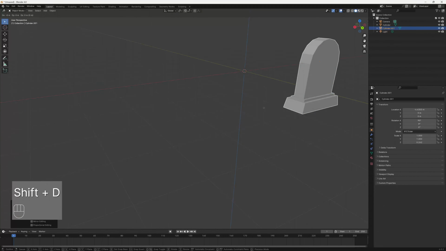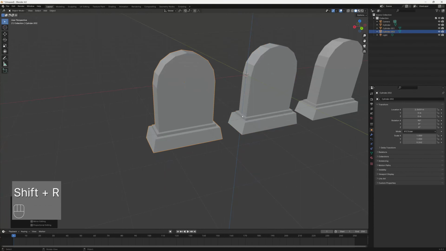Shift D X, okay? Or you can do Shift R to repeat the last command. Okay, so the last command is a double command. It's Shift D and R, but if you do Shift R, it will just add the other object. Okay. All right. So now